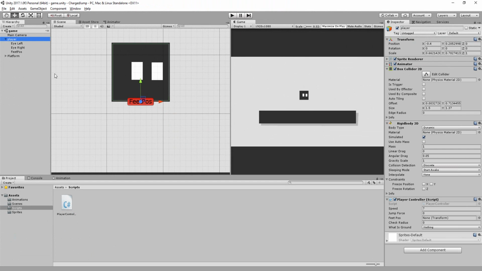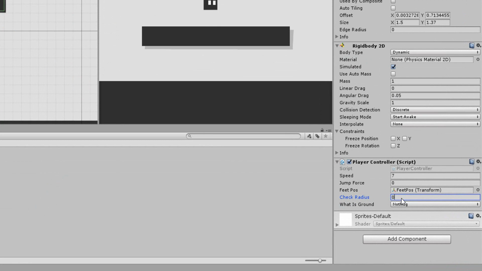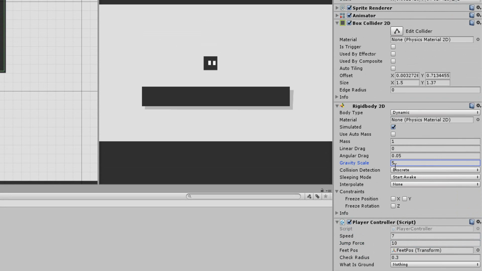making sure to place it nicely by his feet and then drag and dropping it inside of this empty slot. No need to make the invisible circle huge, I'll just give it a radius of 0.3 and then type out some value for jump force, 10 for example. I'll also crank up my character's gravity so he quickly falls back to the ground and doesn't float like a